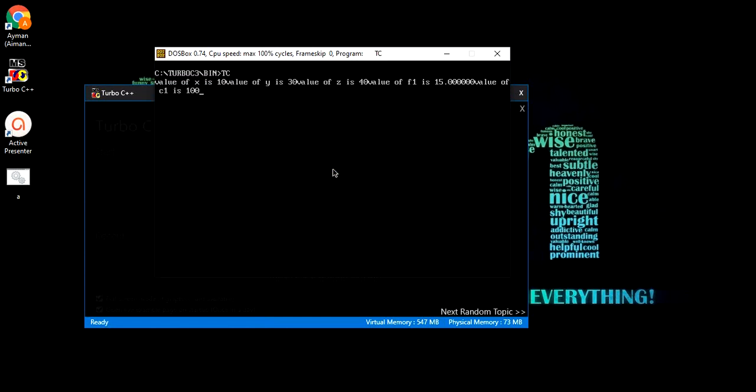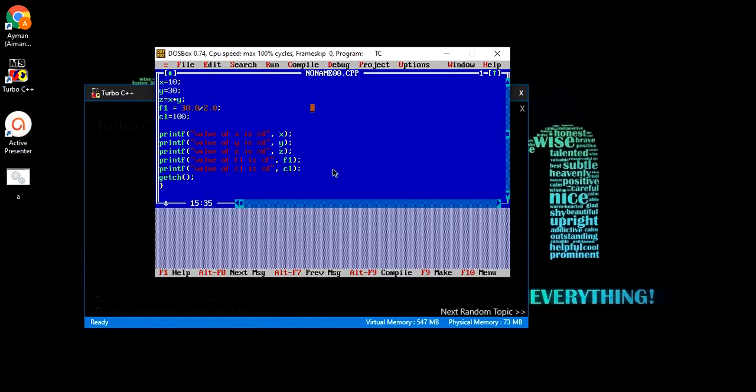You can see the output, value of x is 10 and everything is coming on the same line. Let me add a new line. Just after printing the value of x, it will go to the new line, and in the same way after printing all the values, every time it will move to the new line.